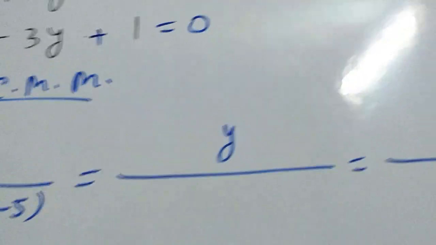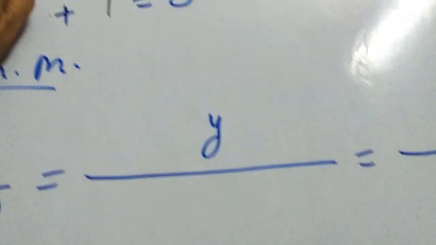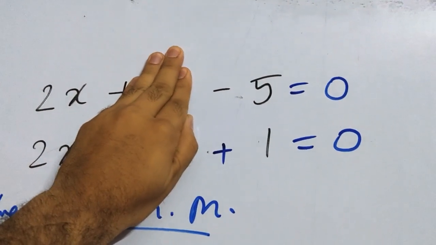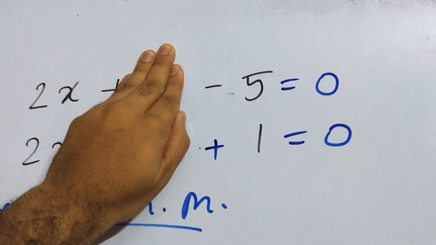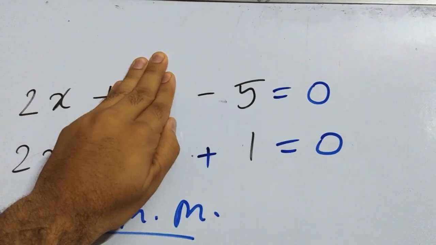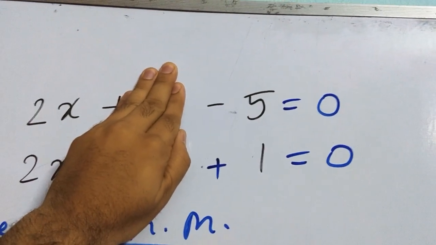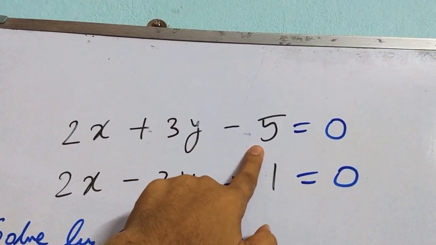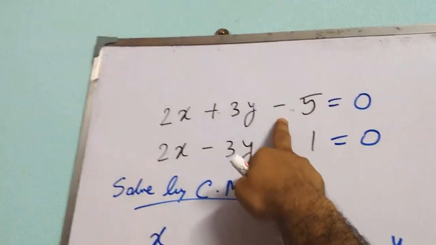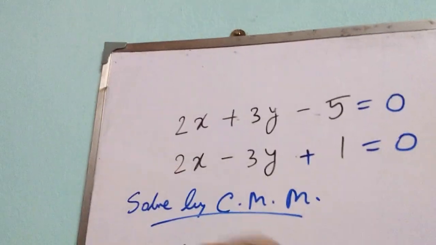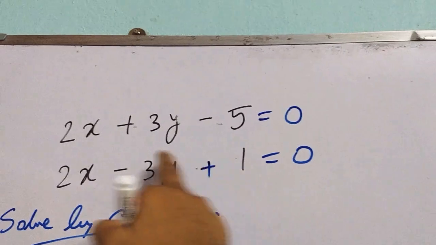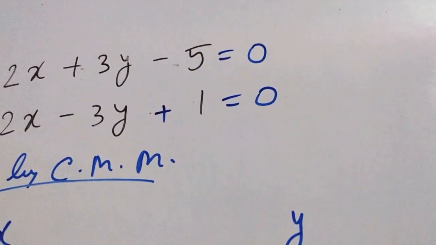Now y is here, so let us cover up y. One thing you have to keep in mind always, it is the shortcut trick: whatever you see at the right hand side top, that will come first. Here the right hand side top is minus 5, so we will do minus 5 into 2, because it is cross multiplication, minus 1 into 2. So here I am writing 1 into 2.